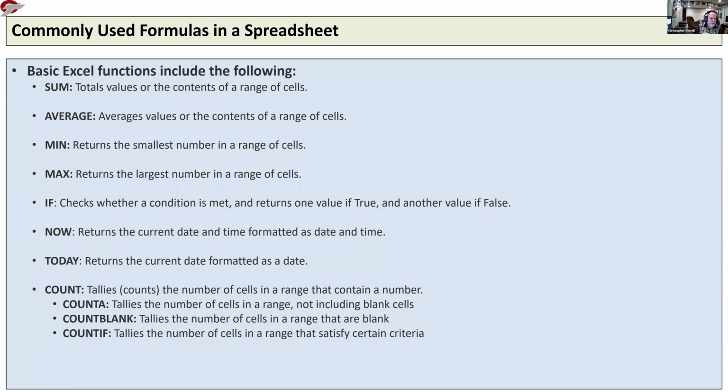Yeah, so like I said, MAX can give you the largest number in the cells. Those are useful for things like inventory, right? So if you wanted to run yourself an inventory spreadsheet for a little home business you were running,